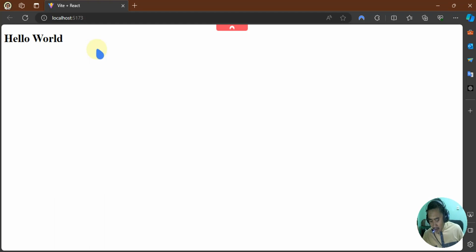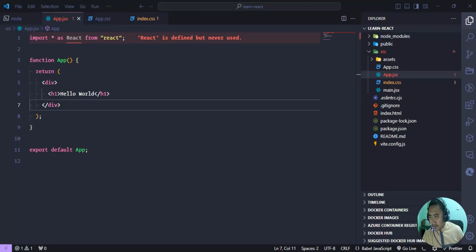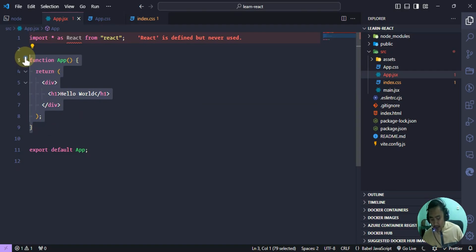Okay, I want to tell you that every React component is just a regular JavaScript function.